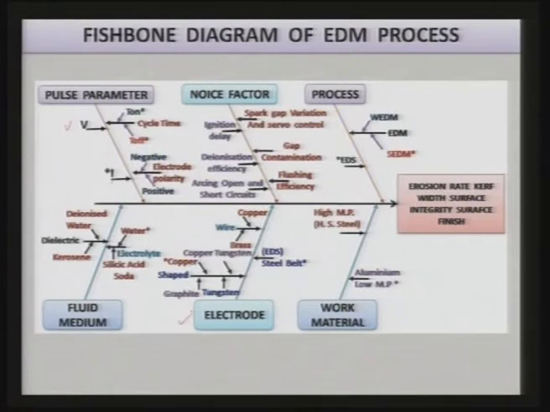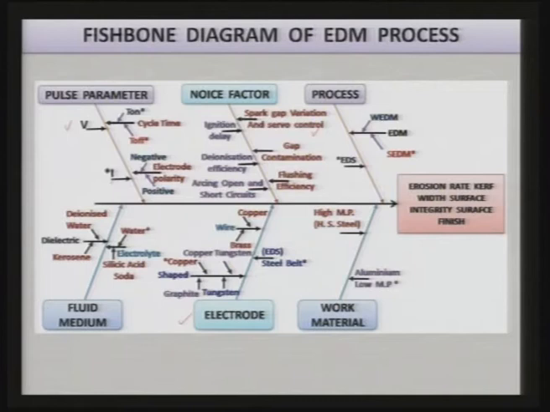Then there is arcing, open and short circuits, which we have not discussed. Then spark gap variation is another very important point, that is the gap between the tool and the workpiece. It may be in the front gap, it may be in the side gap, and how the servo motor or servo system is going to control this particular gap during the process is also an important point. It will decide what is going to be the total cycle time required for machining or shaping and sizing a component. This is very much dependent on the servo control also.